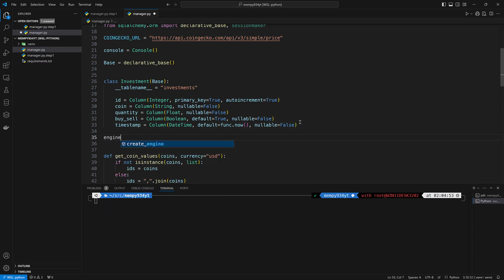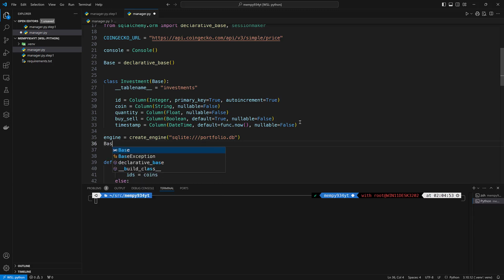Okay, so I'm going to create an engine using the create engine function. And like I said, this is going to be what connects to the database. So we need to give it the connection string for the database. In the case of SQLite, we'll use the SQLite protocol. And then the three dashes are going to say look for a file named portfolio DB, because SQLite is file based. If this does not exist,